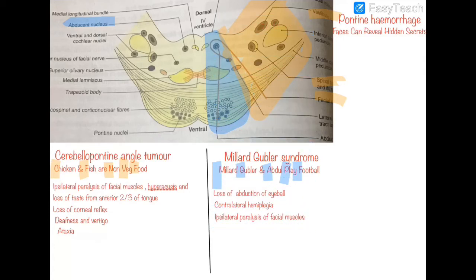Now in pontine hemorrhage, the pons is affected as a whole, so any effects will be observed bilaterally on both sides of the body. So the structures affected here are F for facial nerve, C for corticospinal fibers, R for reticular formation, H for hypothalamic fibers, and S for the sympathetic ocular fibers. Now effects which are seen here, the facial nerve is affected, there will be ipsilateral facial paralysis.